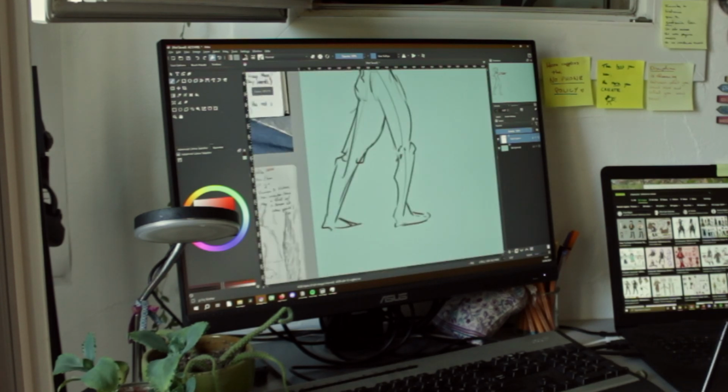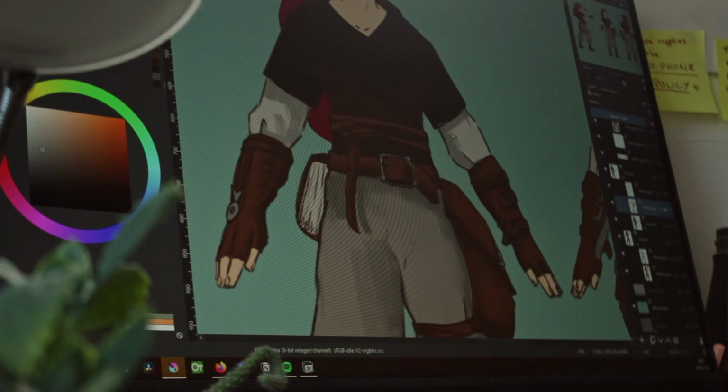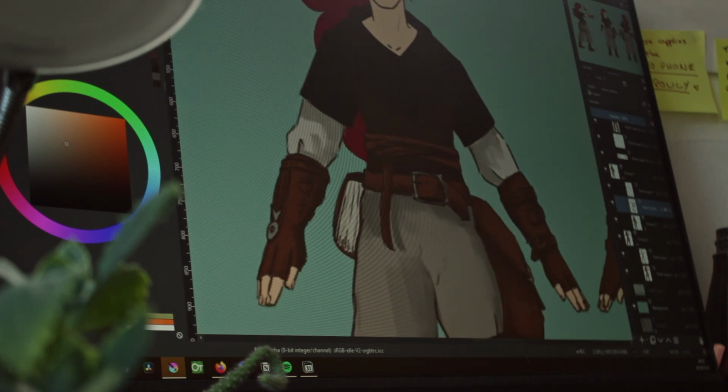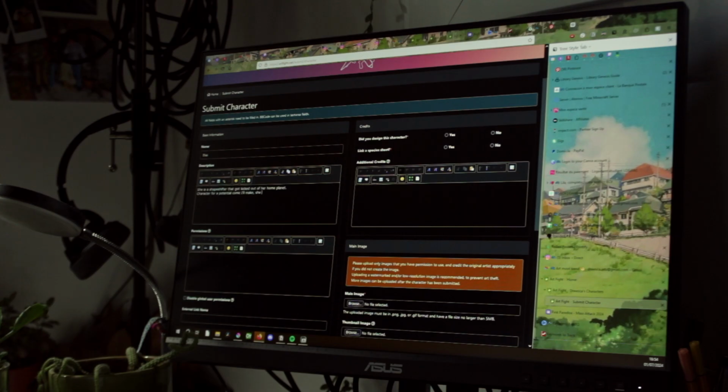So that's why I gathered all of these references and really thought about who she was, what type of accessories and clothes and poses she would look great in. Another very important piece of advice I could give you is to write about your OCs. It doesn't matter if you don't have a reference sheet yet, but if you can write about your OCs, it